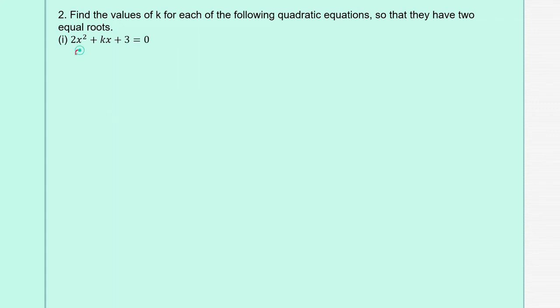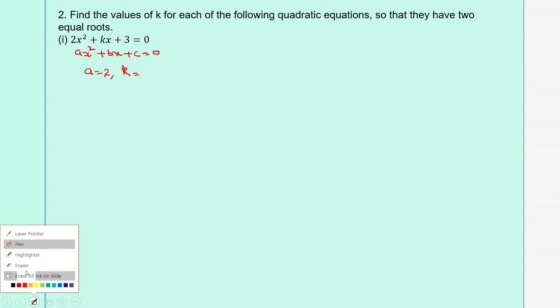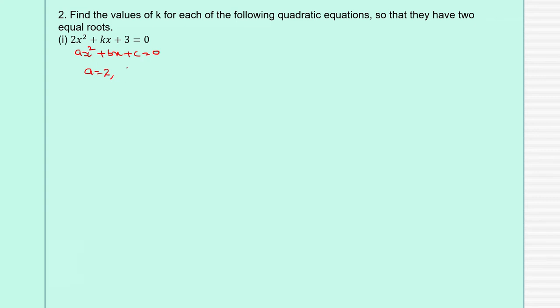Here comparing with ax square plus bx plus c is equal to 0, we get a as 2, b is equal to k, and c is equal to 3. Since roots are equal,